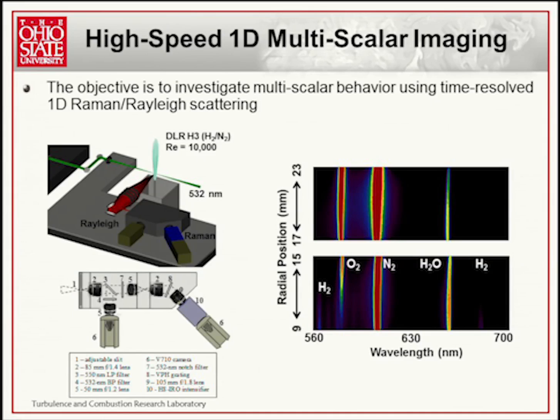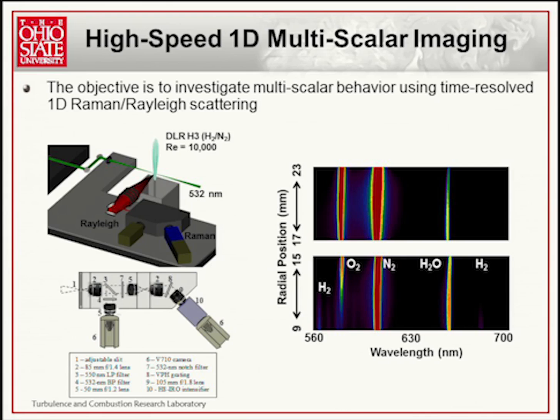Second example I'm just showing in terms of the technique right now is what we've done in developing high-speed Raman scattering. We essentially want to look at the multi-scalar behavior using time-resolved imaging. The idea behind spontaneous Raman scattering is that we take our pulse burst laser beam, focus it to a 1D beam. The beam is then collected, and you get both Rayleigh and spontaneous Raman that are then sent through an